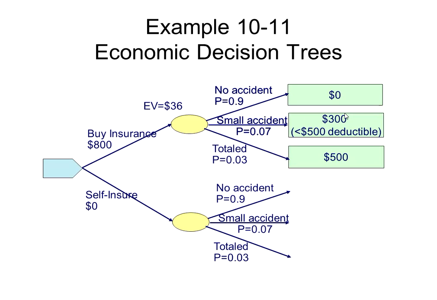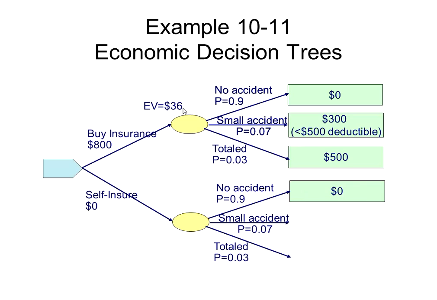Then $300 multiplied by 0.07 is going to be 21, and then 500 multiplied by 0.03 is going to be 15. So 21 and 15 and 0 is going to be 36. So now that we have the 36 expected value for buying insurance, we also want to do the same for